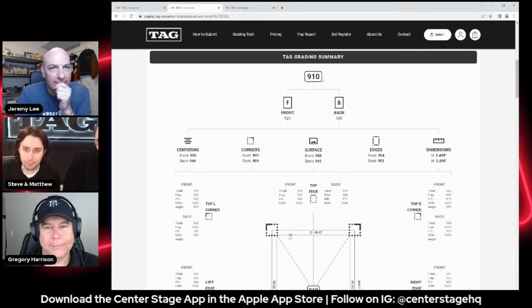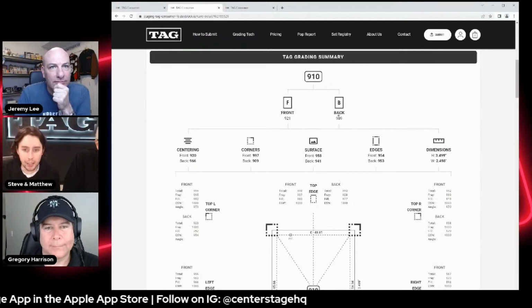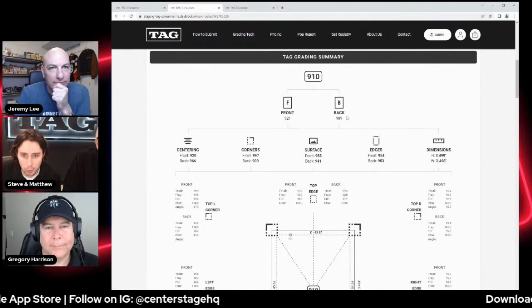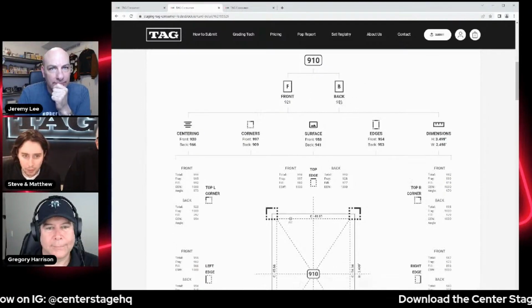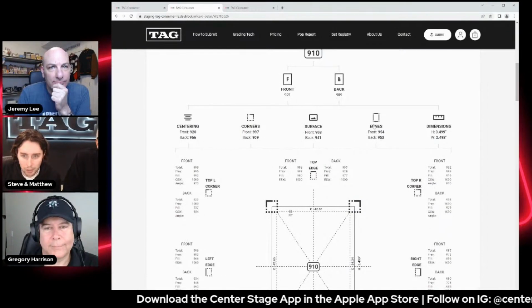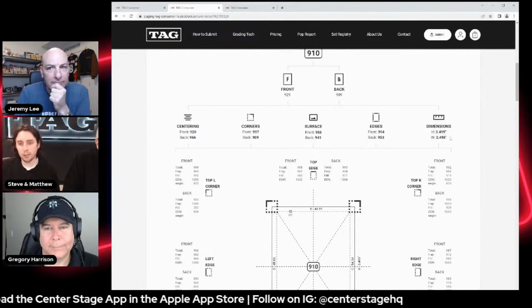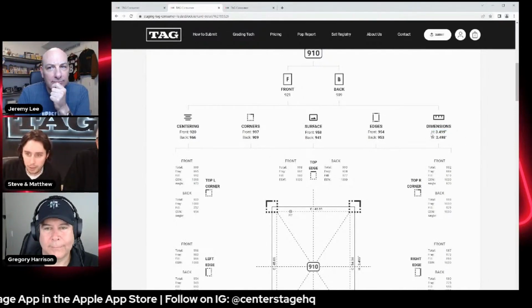So yeah, as I was saying, it starts with 910. You get a front and a back grade. So this is 921 and a 909. Then we have the centering breakdown, the corners breakdown, front and back for each, surface front and back for each, edges front and back. And we also have the dimensions, which, as you can see, to the 3rd decimal place,